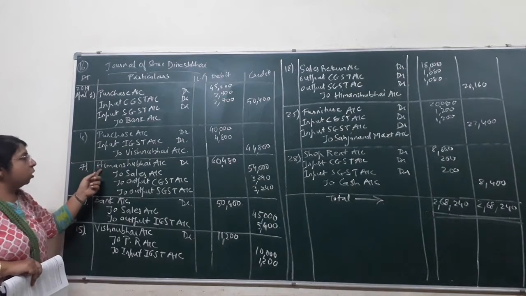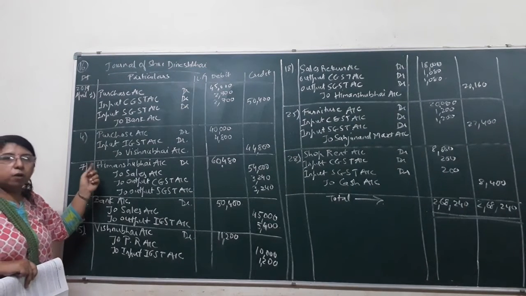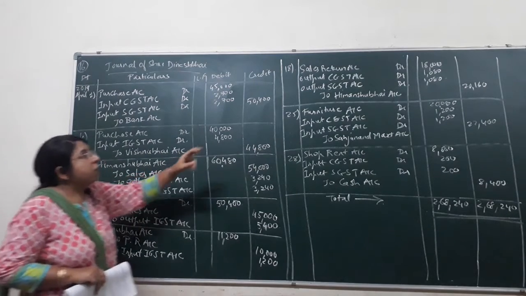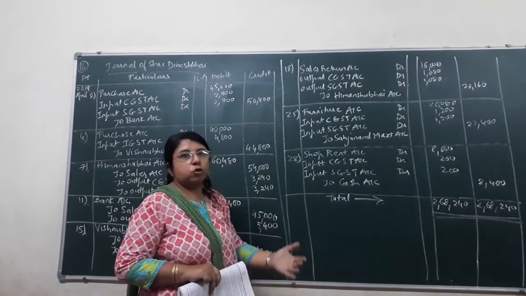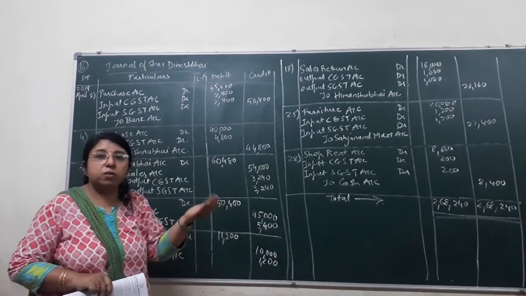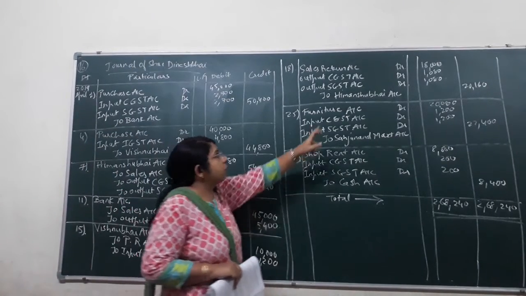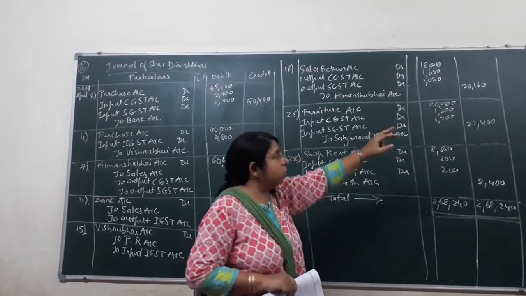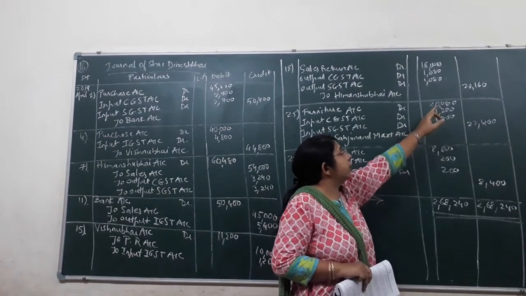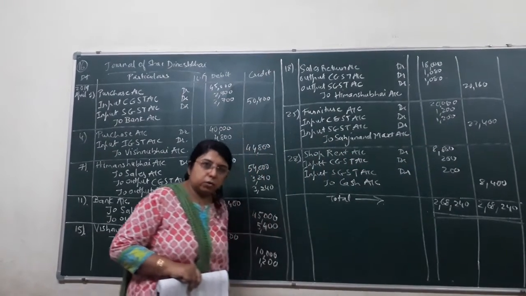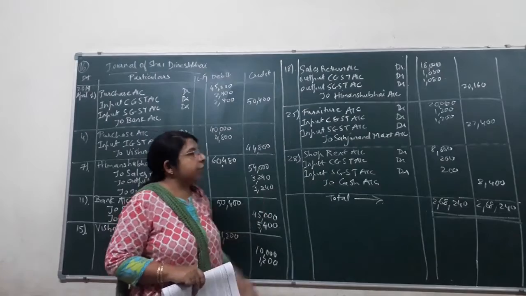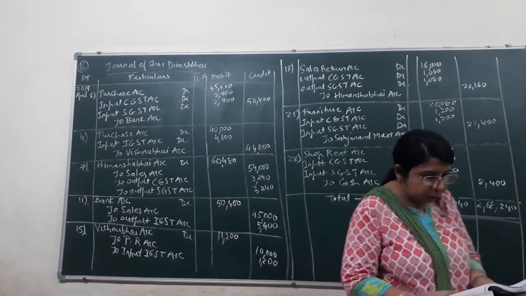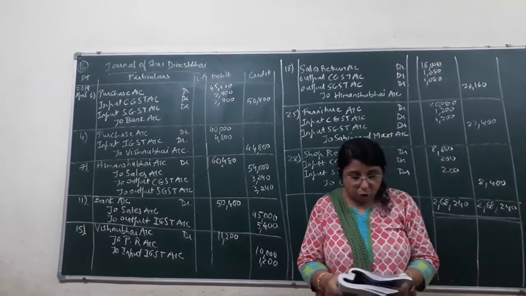Again repeating this entry. Previously we had sold the goods to Himanshu Bhai, so Himanshu Bhai was the receiver of the goods. Out of the goods which we had sold to him, 1/3 he is returning back. So now Himanshu Bhai is the giver of the goods, including the tax. Okay, so your amount including tax is 20,160. Okay, students. Now next entry, that is on 25th day. A cupboard of 20,000 purchased from Shahjahan Furniture Mart of Ahmedabad.